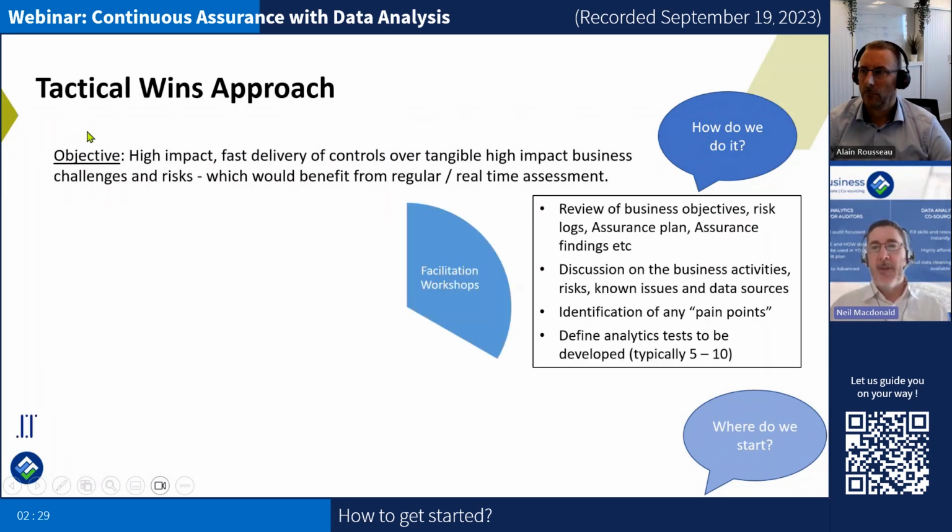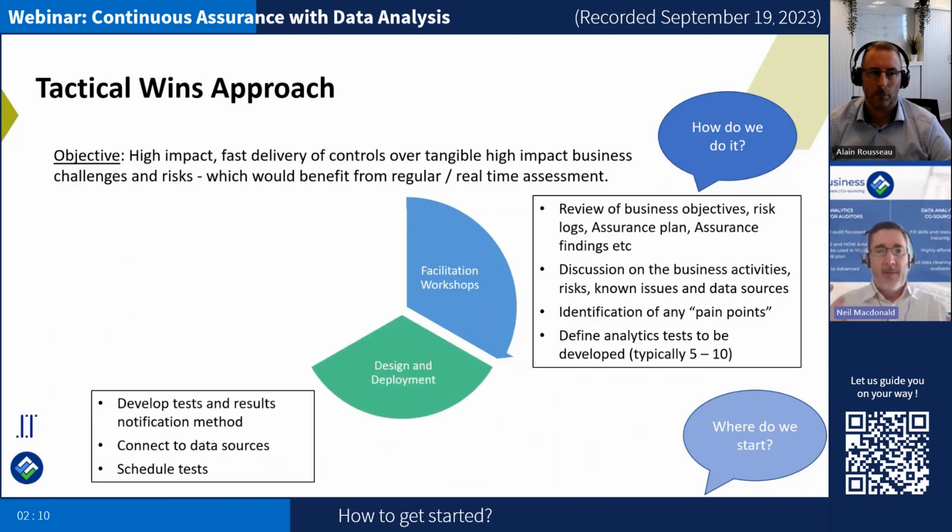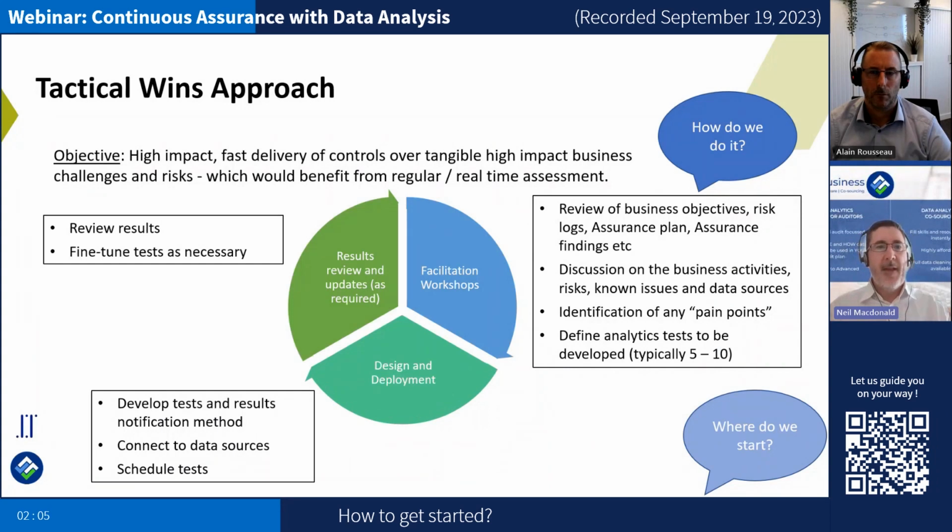So what we're saying is that myself or Alain, we would come in, we would look at business objectives, risk logs, assurance plans, and so forth, any pain points, discuss around data sources, and basically collectively or collaboratively we would identify 5 to 10 tests that could be developed. We would then build those, test those, schedule those, and then deploy them, and then fine tune them as necessary